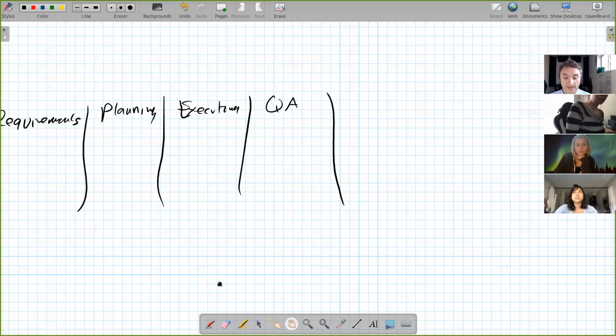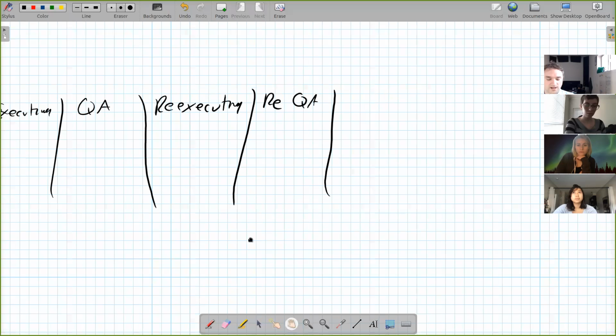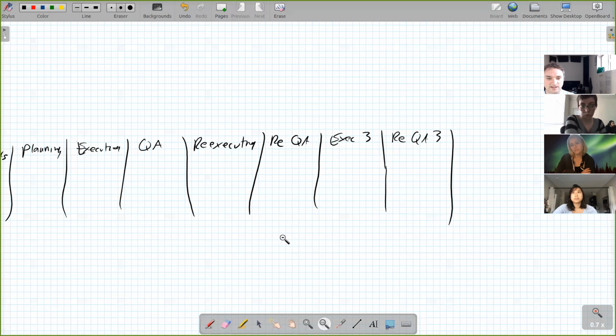So to model that as a line: re-executing, re-QA. And then you do this as many times as this has cycled before. So you do execute 3, re-QA 3. Model the entire process as a line.